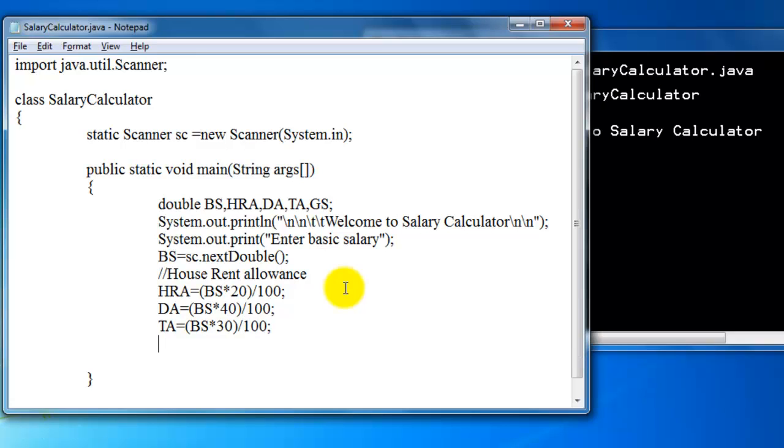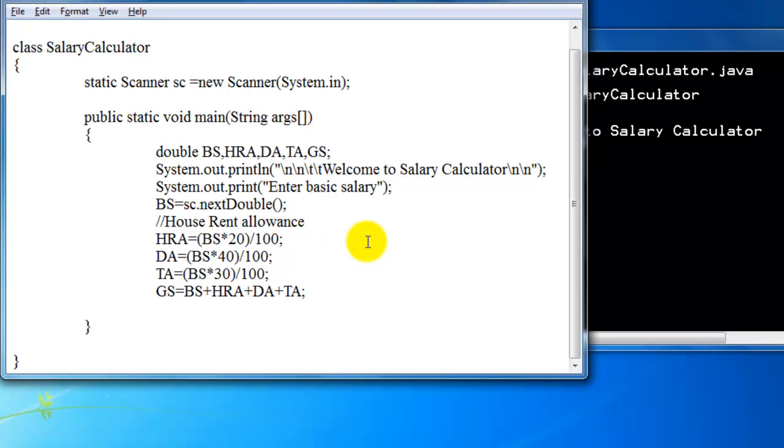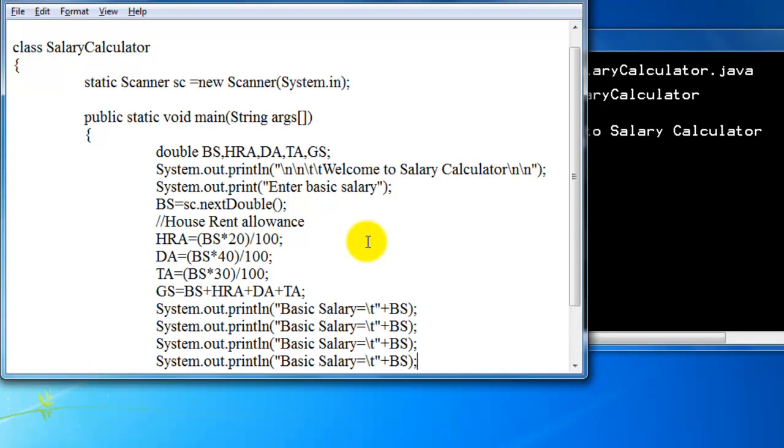Now after that, our grossSalary will be equal to basicSalary + HRA + DA + TA. Now we will print all the values. So to print all the values, System.out.println and write all the values like "Basic salary =", we can put \t plus basicSalary, and similarly copy this, paste and paste one more time.